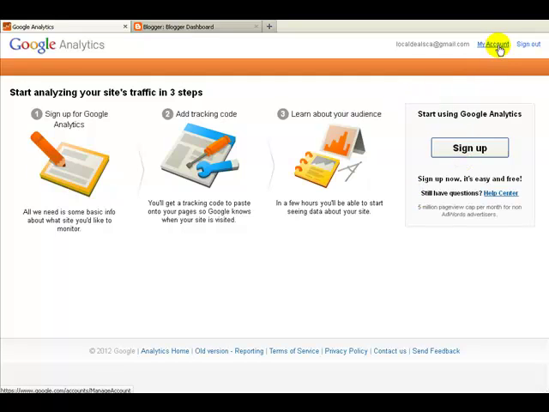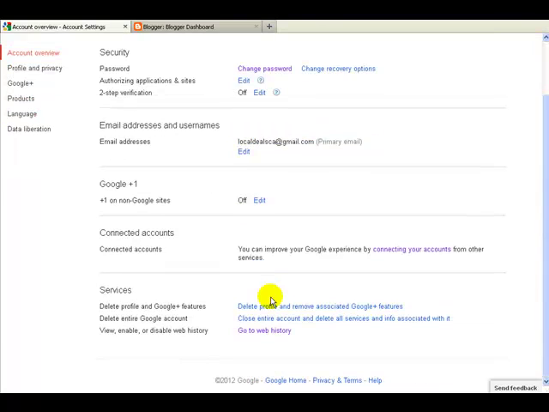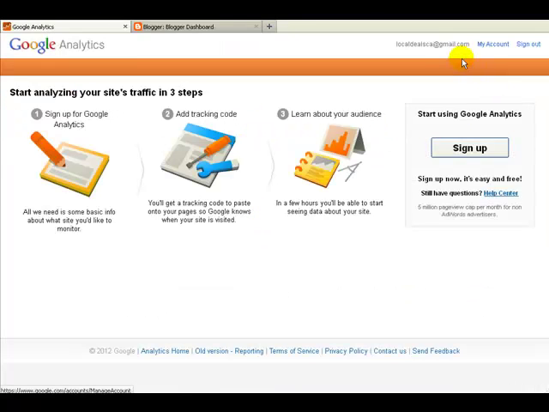Then I would come over here and say to my account. And this is all your passwords and your security and different things like that. This is where you would change different things, edit your email and the such. I'm going to go back here now and then go into getting going here. So once you sign in and get it going, you